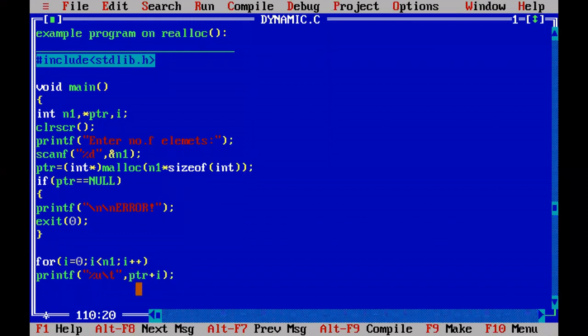When i equals 5, 5 less than 5 is false, so only 0 to 4. When it is 0 to 4, all the element addresses from the first element to the last element are printed in place of percent u for every iteration of the for loop.